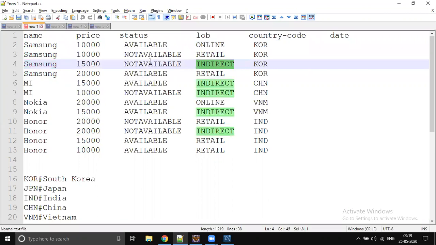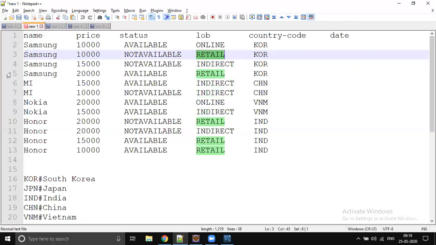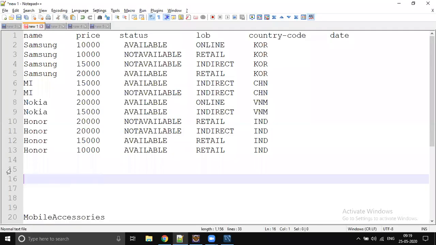So I told you, line of business. Online means our .com or .in site, where the customer will log in and buy over there. And retail means the customer will visit our store and buy. And indirect means some kind of third party, right? So who will sell our mobiles, like Big C, Lot Mobiles, right? Those kind of vendors who will take the franchise and sell the products. So there are three types of business we have. So we are inserting multiple data because the customer can do a different kind of search, right?